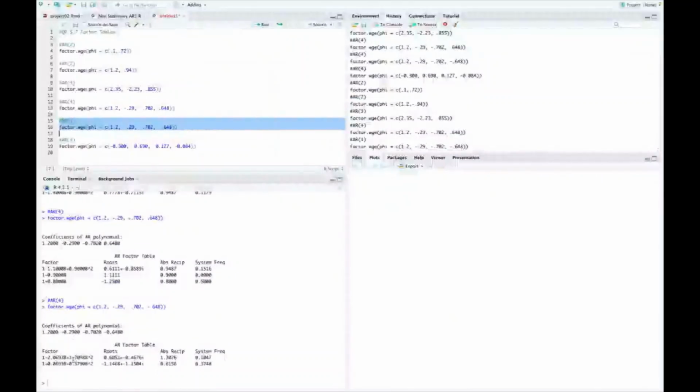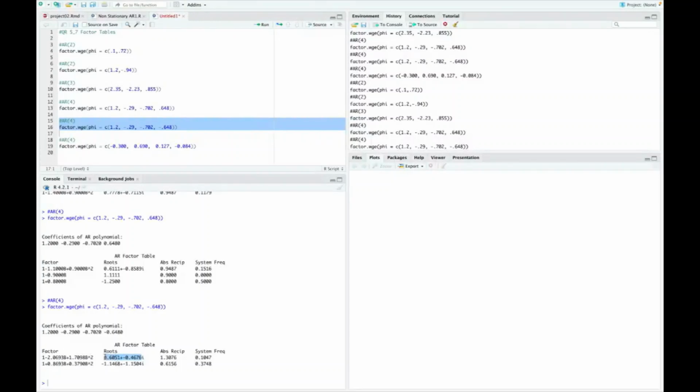Now it factors into 2 degree 2s. Irreducibly into 2 irreducible degree 2s. One associated with a frequency of 0.1047. The other one associated with this frequency of 0.3748. But notice this one is actually non-stationary. So we can tell that, right? We can say that since the absolute reciprocal was bigger than 1, the